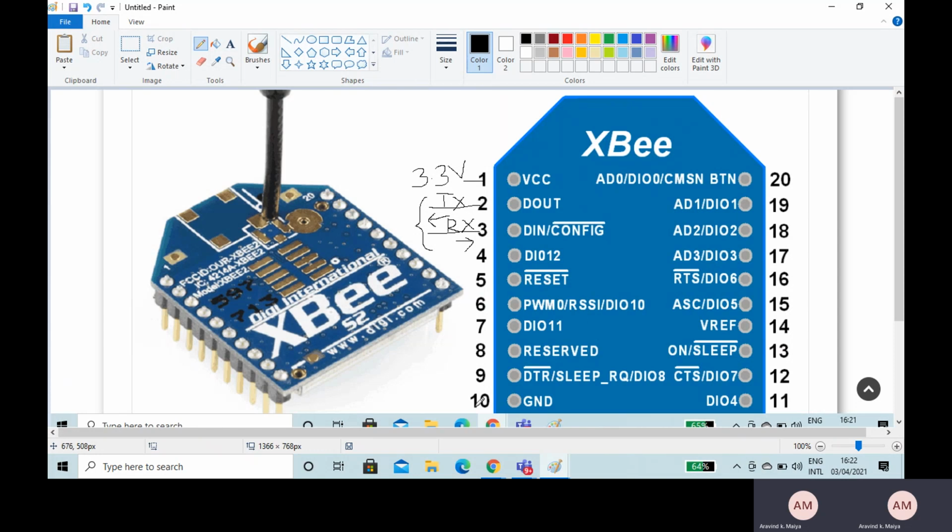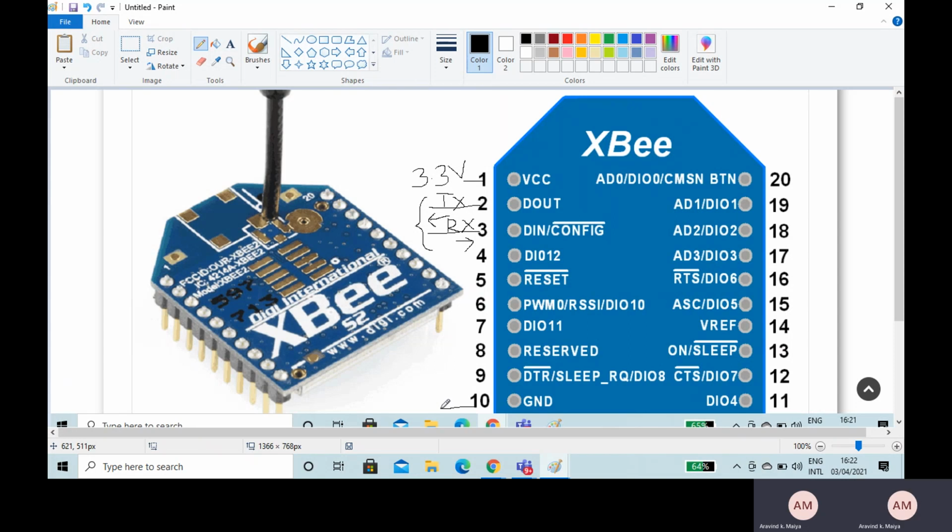And the last one, we have a ground pin which has to be connected to the ground of the Arduino. So we will use these four: pin number 1, pin number 2, pin number 3 and pin number 10 for connecting this to an Arduino interface.